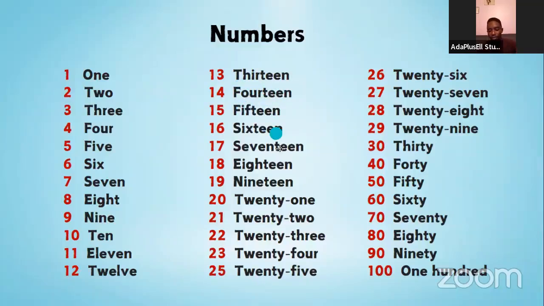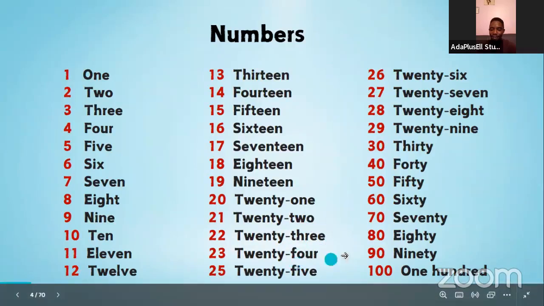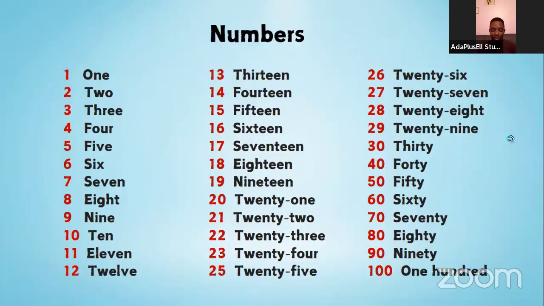So if you start seeing it in that way, you find that it's becoming a little bit easier. But where it becomes so easy is when it comes to 20. So when you know how to pronounce 20, 21, the only thing you will need to do is to add the 2, 3, 4, 5, 6, 7, 8, and 9. So it becomes so easy when you're doing it.